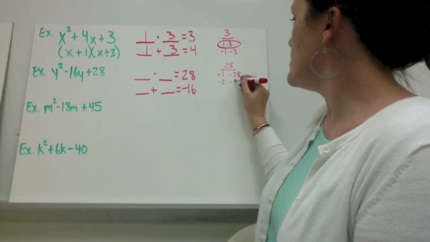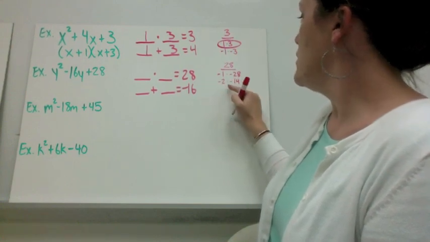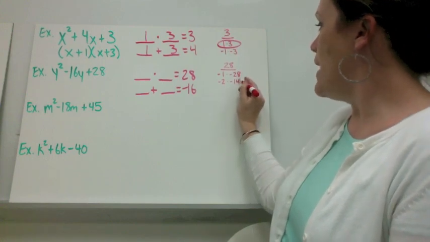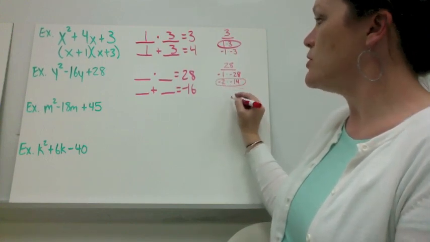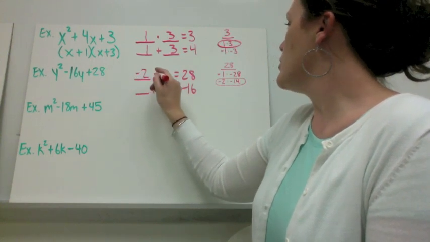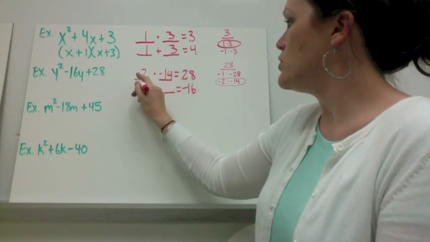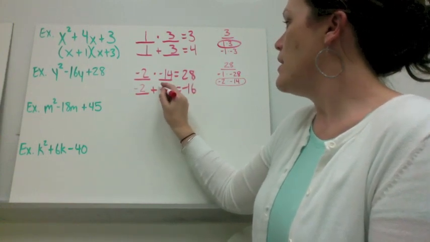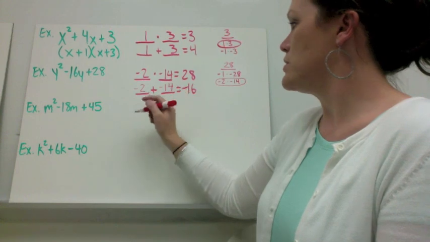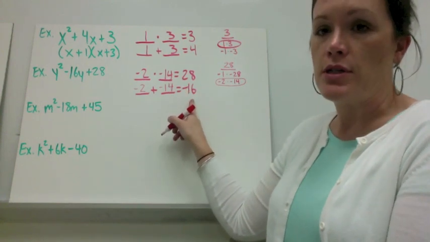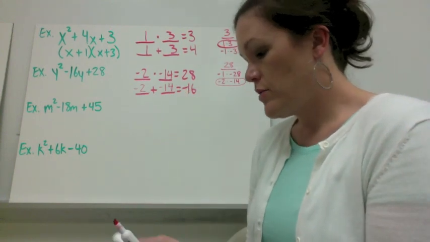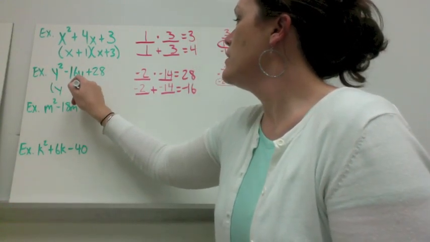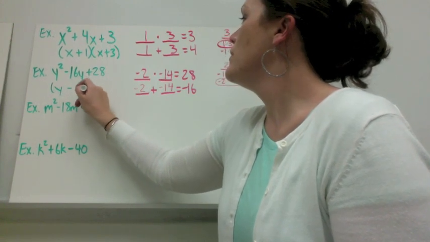Negative 2 times negative 14. Those will multiply to be 28, and they also will add to be negative 16. So we don't need to go any further. We can put them over here and just double check. Negative 2 times negative 14 does give us positive 28, and negative 2 plus negative 14 does add up to give us negative 16. So to write our answer, we need to break it up into y minus 2 and